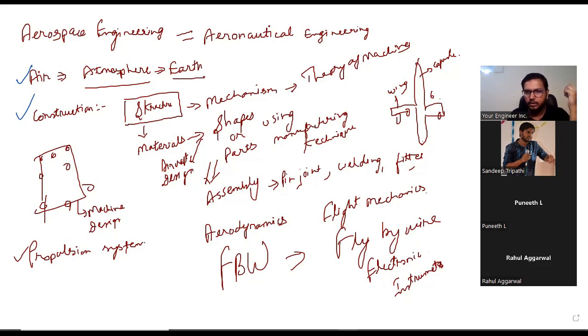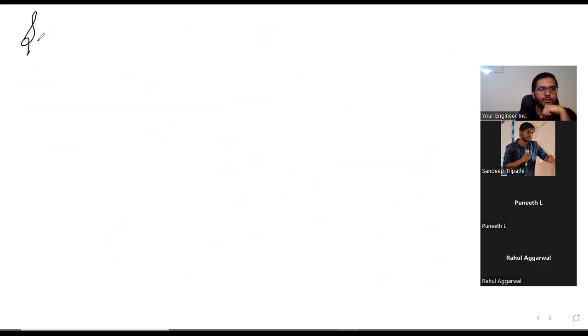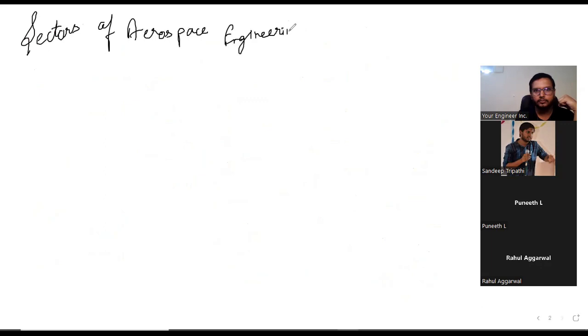Now let's go on to the next: sectors of aerospace engineering. First of all, aerospace is not itself a core branch. People can say that it's a core branch, but it's basically a subordinate branch of mechanical engineering. So if I make the mechanical engineering,